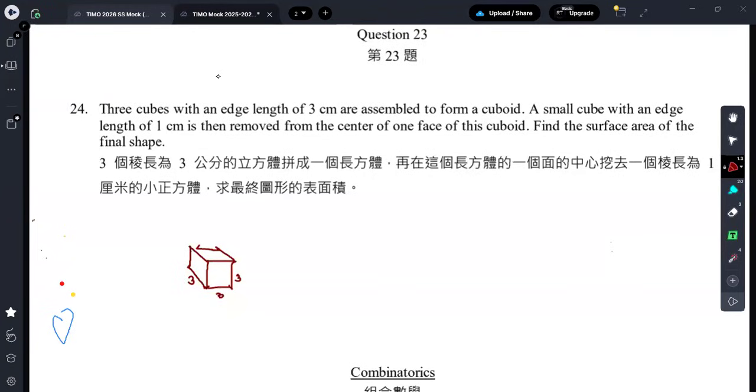Teacher, that is a cuboid. That is a cube, not a cuboid. The 3 cm cubes are assembled to form a cuboid. Then a small cube with an edge length of 1 cm is removed from the center of...